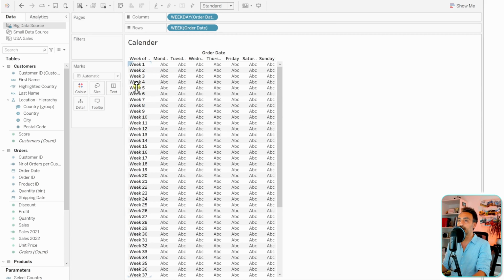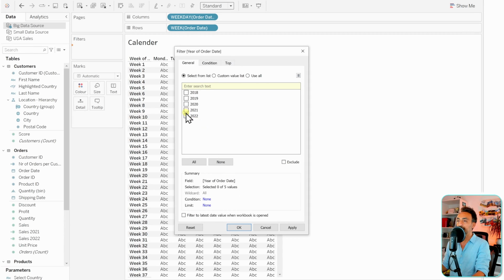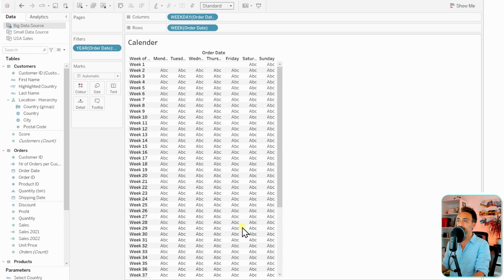So with that, we got our matrix, our calendar, but as you can see, we have here all the weeks. I would like to reduce it to only 1 month. So that means we're gonna go and add some filters to our view. Let's take the order date, put it on the filters, and the first filter is going to be on the years. So go and select the years, and let's select the last year, hit OK, and we can of course go